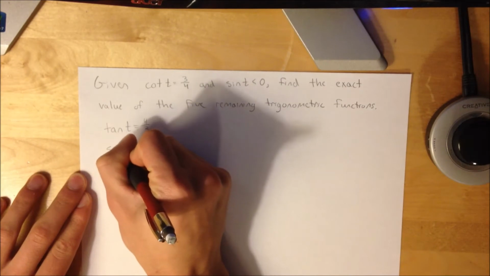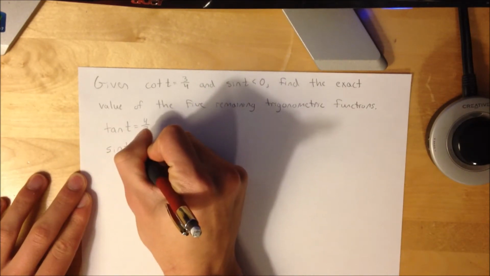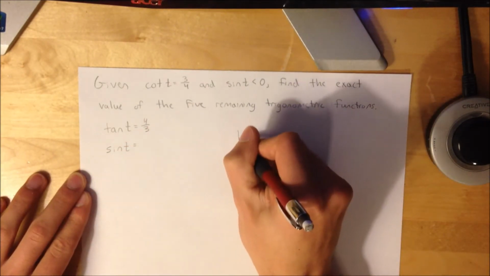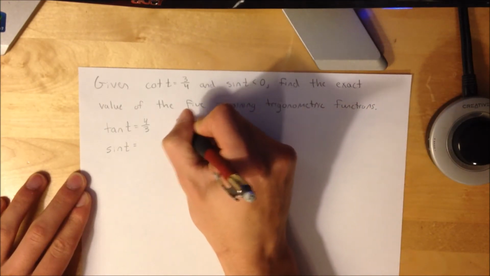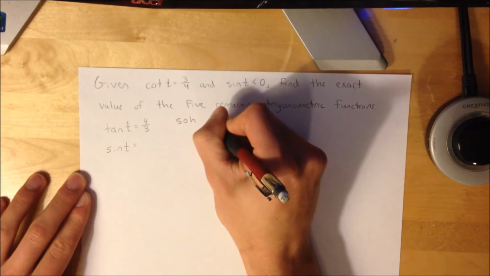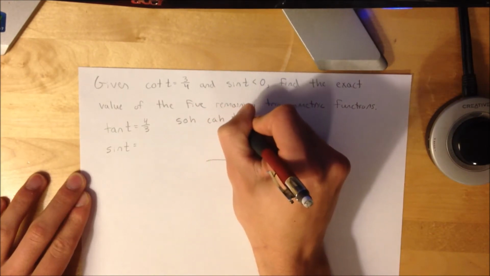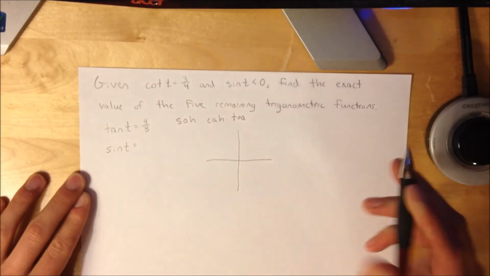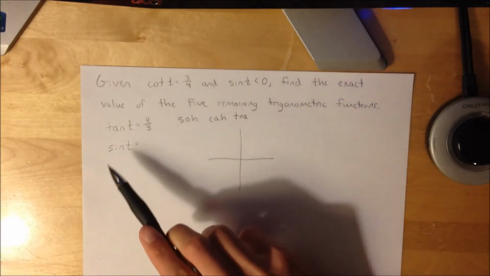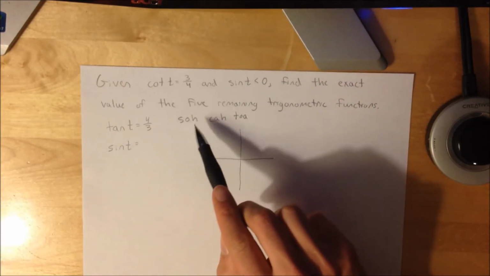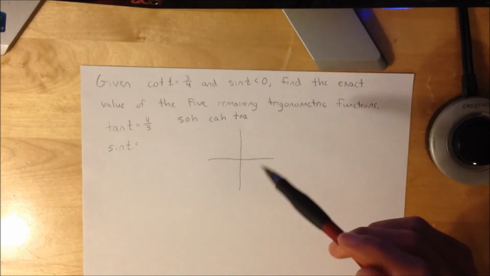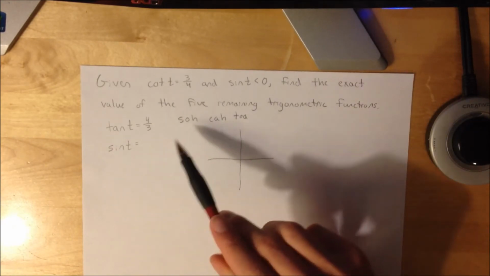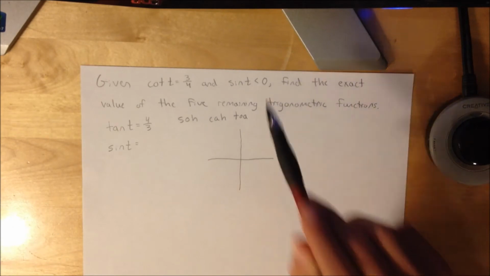Now the sine of t is going to be a little bit tricky because in order to figure out what it is, I have to follow SOHCAHTOA. Now, sine is going to be your outside over hypotenuse, but the hypotenuse can never be negative, and the sine of t is going to have to be negative if it's going to be less than